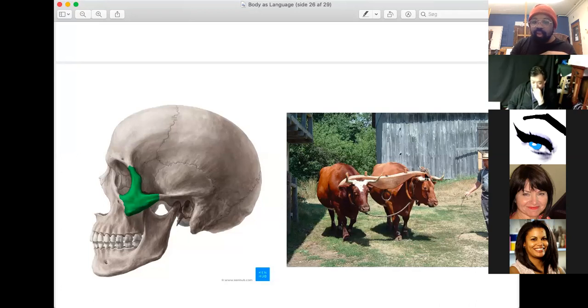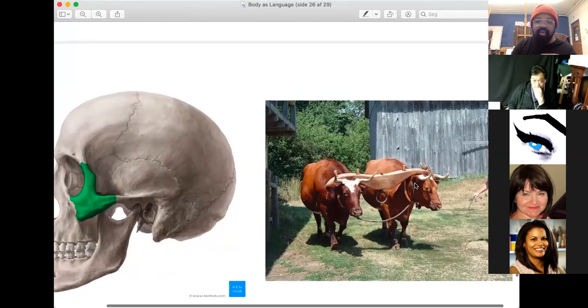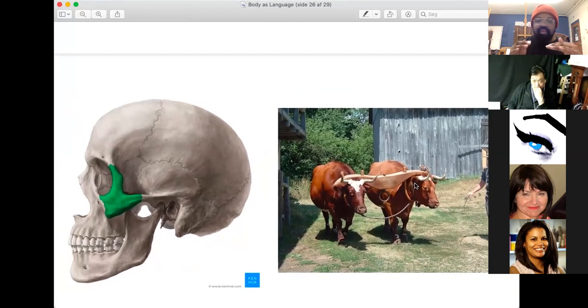And I think of this picture of a yoke. It's a device that you hook around a cow's neck to attach it to the pulley that's going to be used when they go around the farm and stuff. So that idea of this bone hooking the back of your head more or less to the front, and that